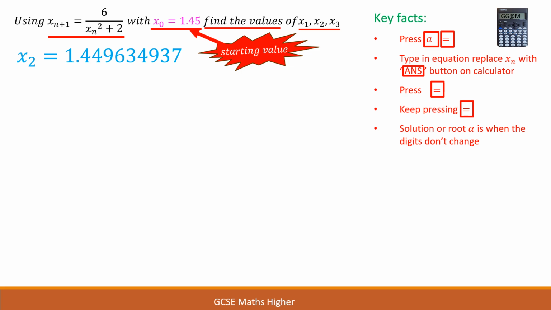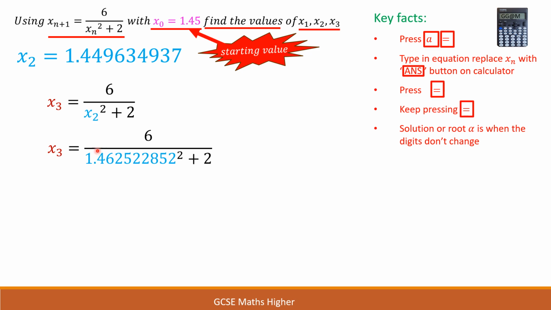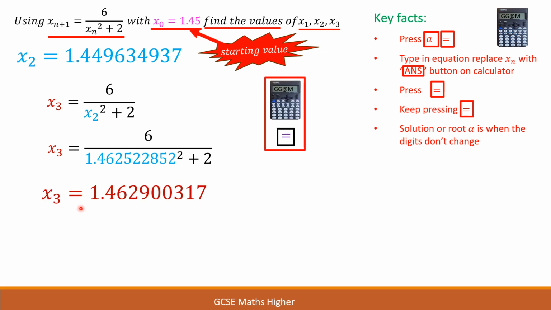We've now got our value of x2. Once we've got this value of x2, we're going to substitute this into the equation. So n is now equal to 2. So the x2 down here, n is equal to 2. On the left hand side, I've got 2 plus 1, which gives me 3. That gives me the next term. So x3 is 6 divided by x2 squared plus 2. I've replaced the x2 with this value of 1.46, etc., all squared plus 2. Again, on your calculator, all you've got to do is press equals, and it will give you this value here for x3,